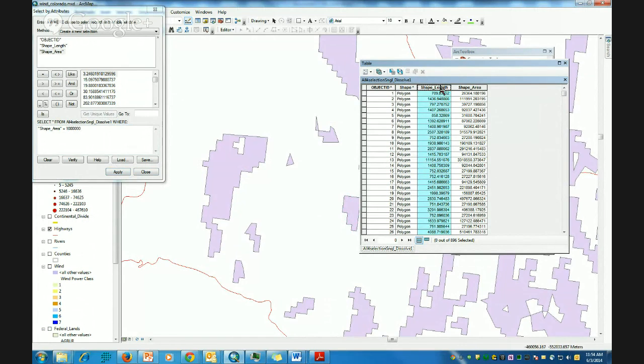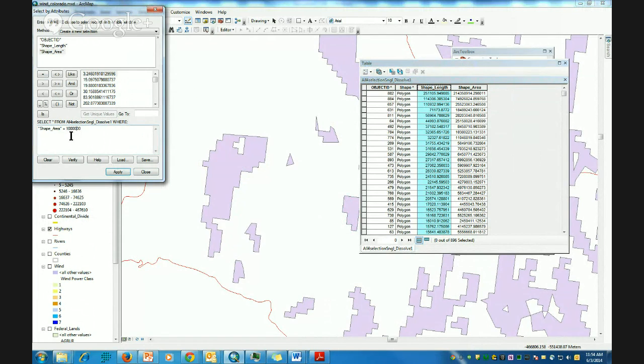Uh-oh. Let's see what just happened. Sort this descending. That one's over. So what have I done? Oh, I have one too many zeros. So we have 1, and 6 zeros. Okay, great. So I'll hit the apply button,